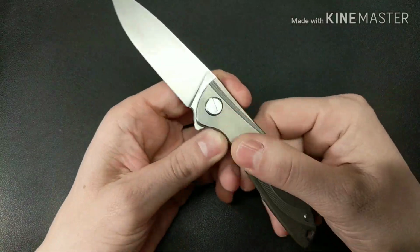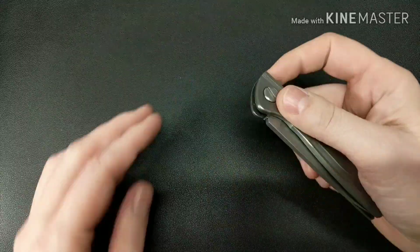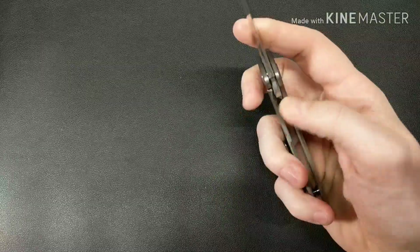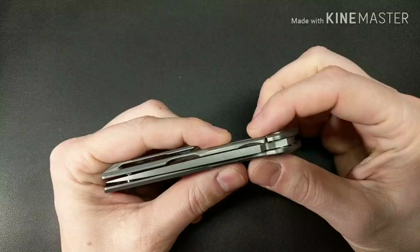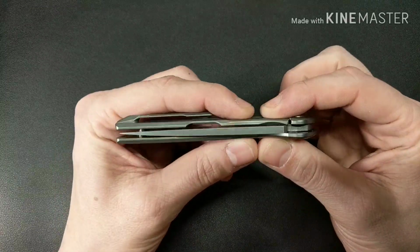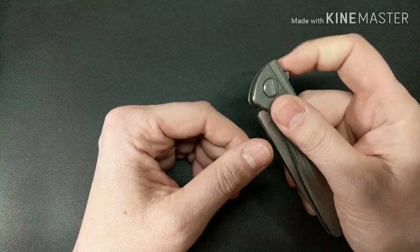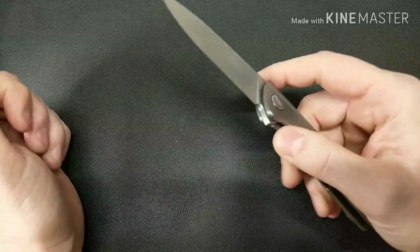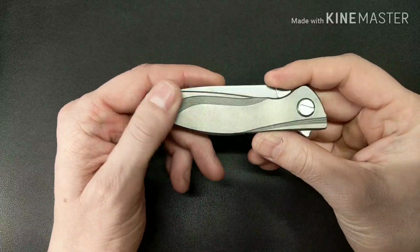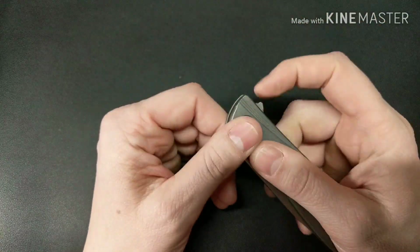Now this was actually the second one. I had to send the first one back. It had detent problems. When the knife was closed, if you pressed on the lock bar, you heard a little click, and it's almost like the detent ball went further in, and then you couldn't get it out. I first bought it maybe a couple weeks ago, but I had to send it back and they sent me a new one. This one doesn't have that problem,